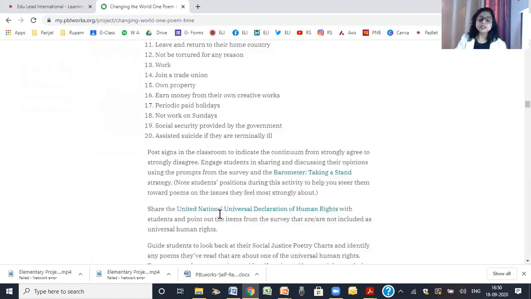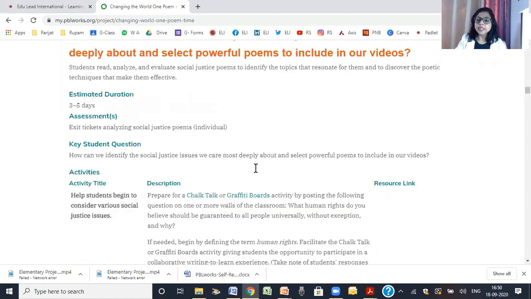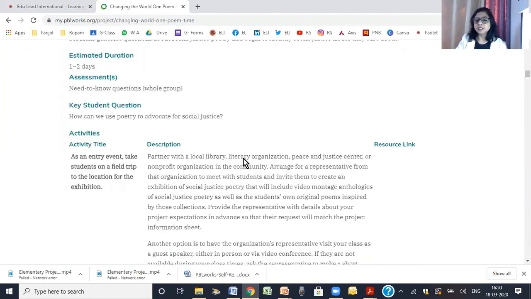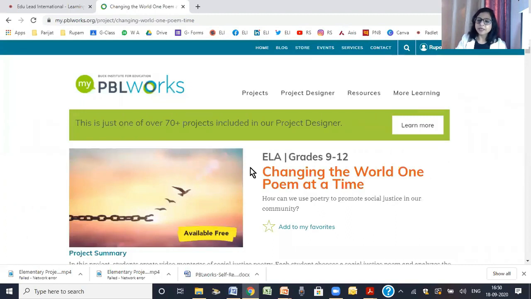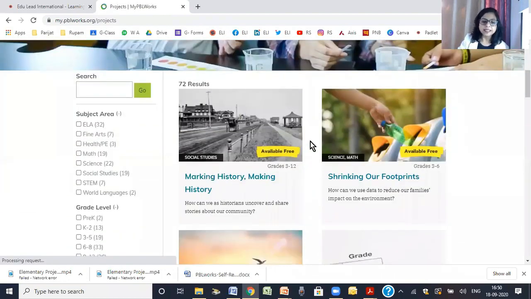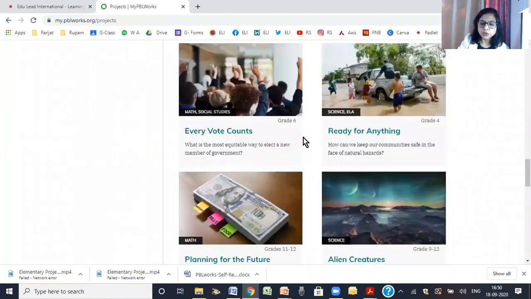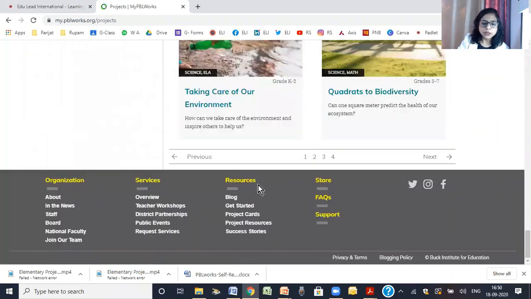Likewise, you will find that there are so many different project details given. Now you don't have to definitely go according to what they have done, but you will get a lot of ideas from them. This is not all. I'll tell you from where I took the videos. Okay, as you scroll further down, you will find here project resources. So when you click on this,